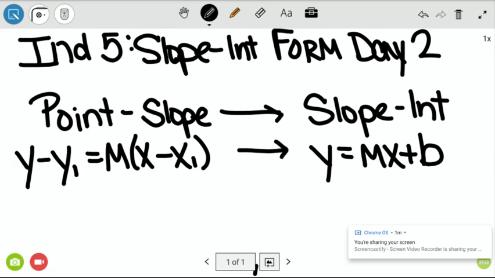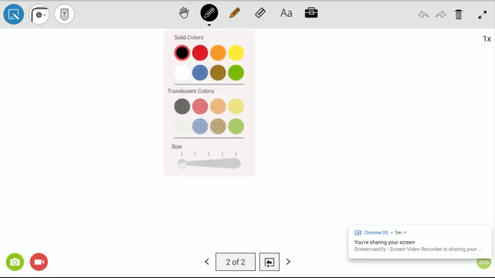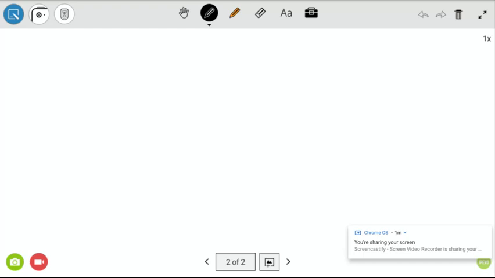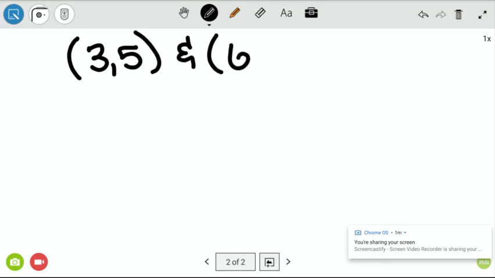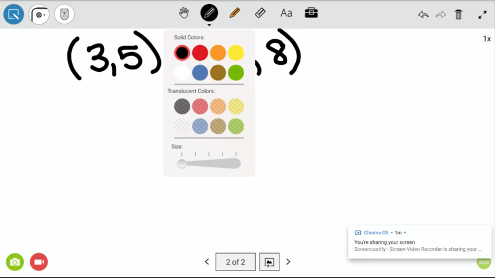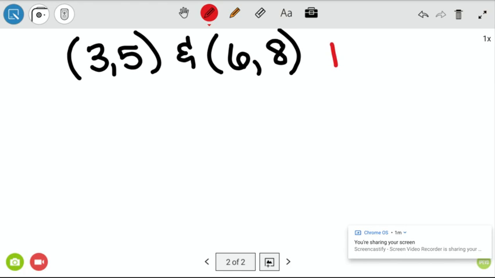So the first example we are actually going to do is going to look like this. Instead of giving you a point and a slope today, I'm actually going to give you 2 points on the line. So if we have something like this, you have 2 points, but for point slope, we need a point and we need a slope. And since we are actually given 2 points, we can